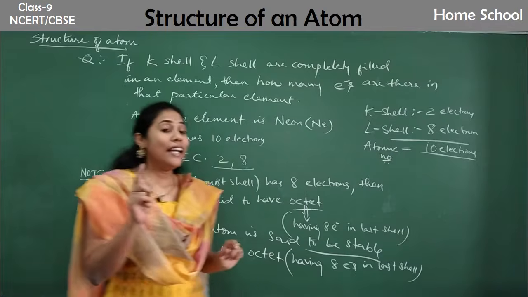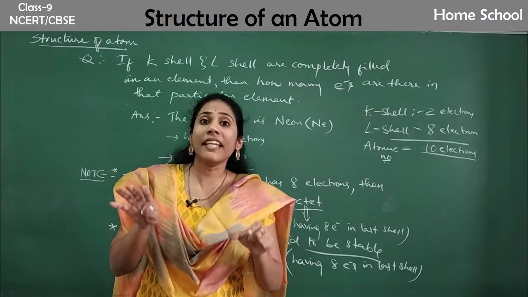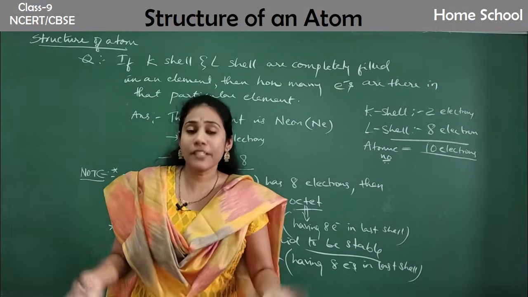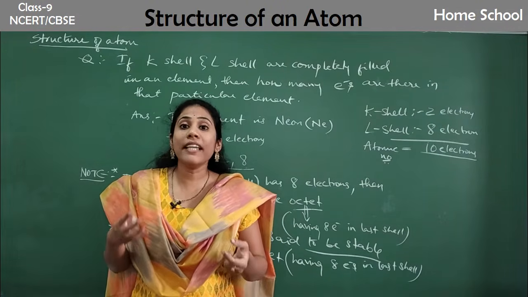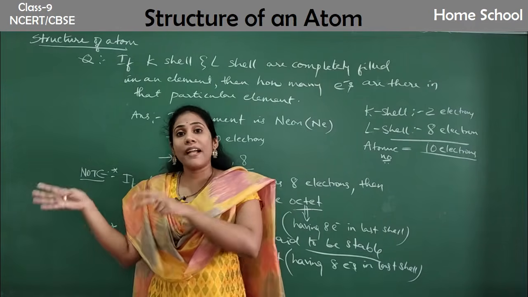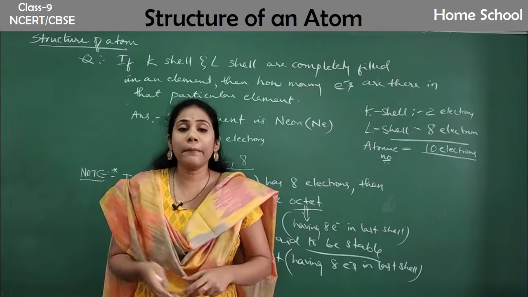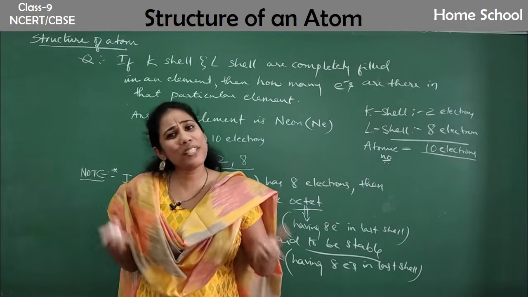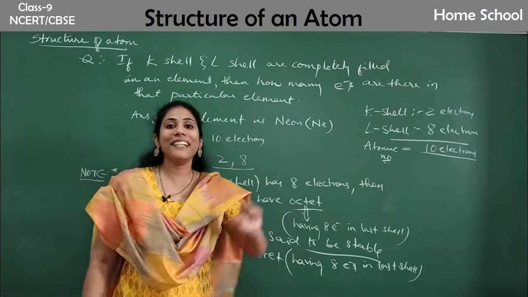Fine. And now, what do you mean by chemical reaction? Chemical reaction means losing and gaining of electrons. It is a business of electrons, guys. As I already told in a previous chapter, chemical reaction is all about business, but it is a business of electrons. Some atoms give electrons, some atoms take electrons. This is what we call chemical reaction. And why do some elements have to lose and gain electrons? It is to acquire stability.